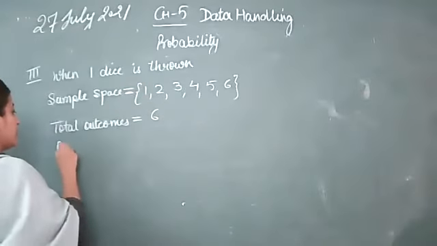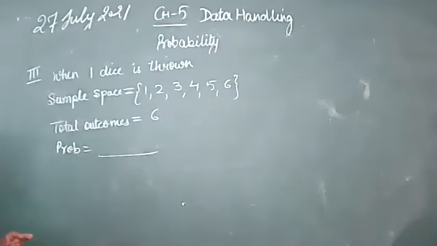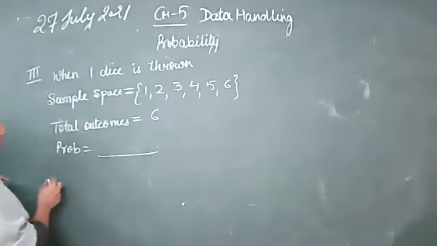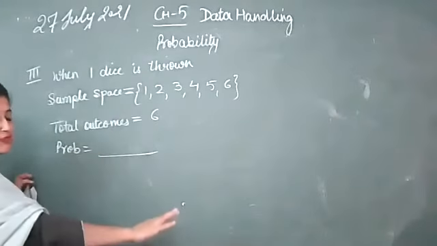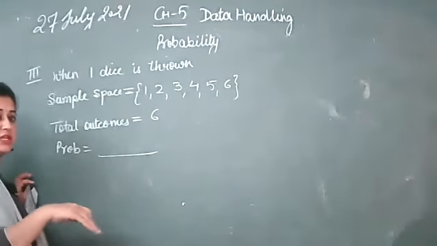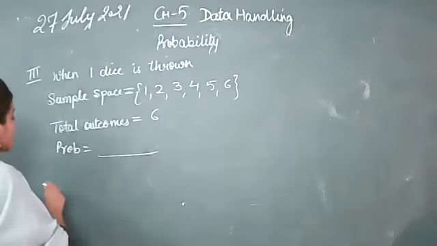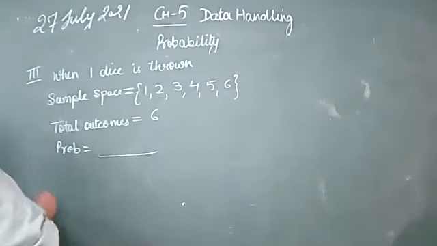Then you will write the formula for probability: number of favorable outcomes upon total number of outcomes. I am leaving the space so that you will write that. Now, in this we will discuss a lot of questions and we will not discuss them again. So I am discussing the questions here also. Like in the previous question, the questions that were made, probability of one head, probability of one tail, whatever questions are made here also, we will discuss all of them.